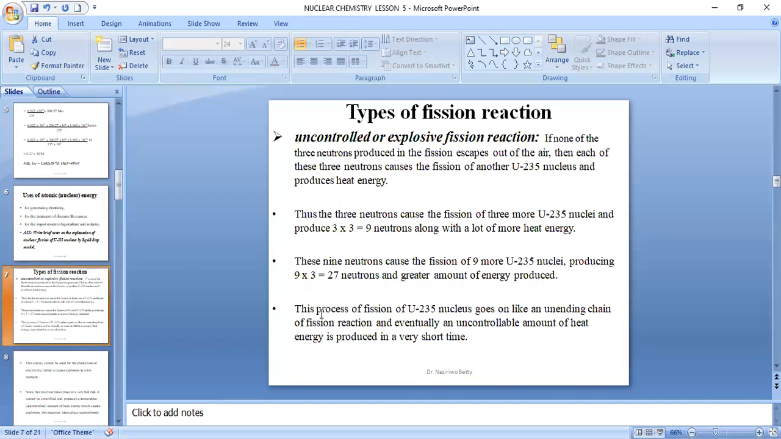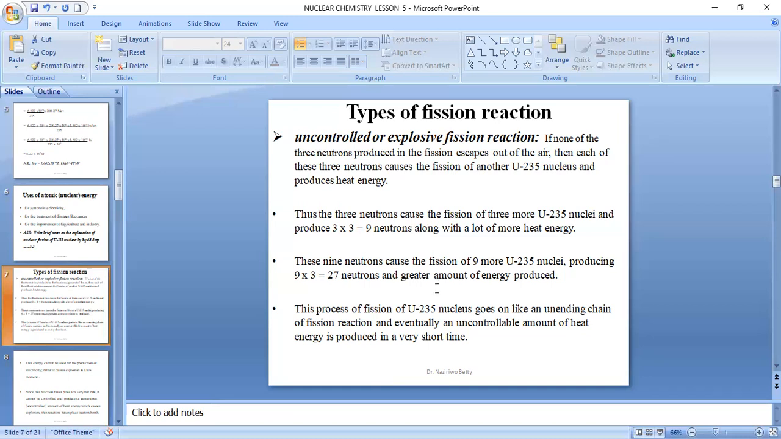Types of fission reactions. There are mainly two. We have the uncontrolled or explosive fission reaction. You remember in the reaction of uranium being bombarded by slow-moving neutrons, it produces 3 more neutrons. If none of these 3 neutrons produced in the fission escapes out of the air, then each of these 3 neutrons causes the fission of another uranium nucleus and produces heat energy. The 3 neutrons cause fission of 3 more uranium nuclei and produce 9 neutrons along with a lot more energy. Again, these 9 neutrons cause the fission of 9 more uranium nuclei, producing 27 neutrons, and a greater amount of